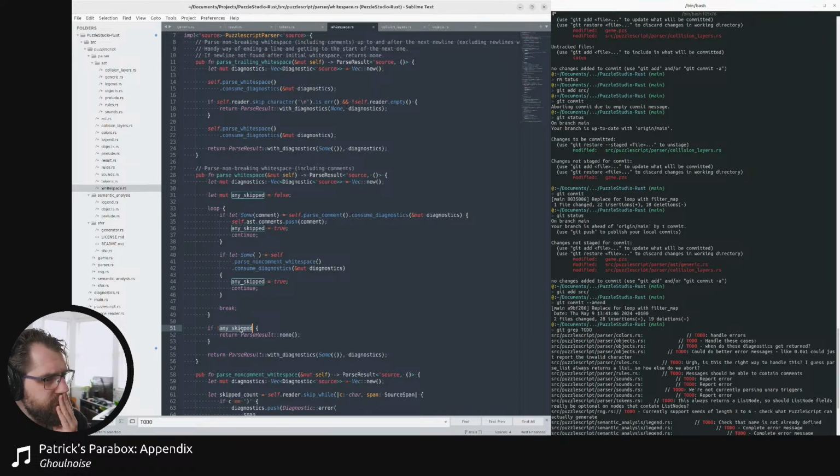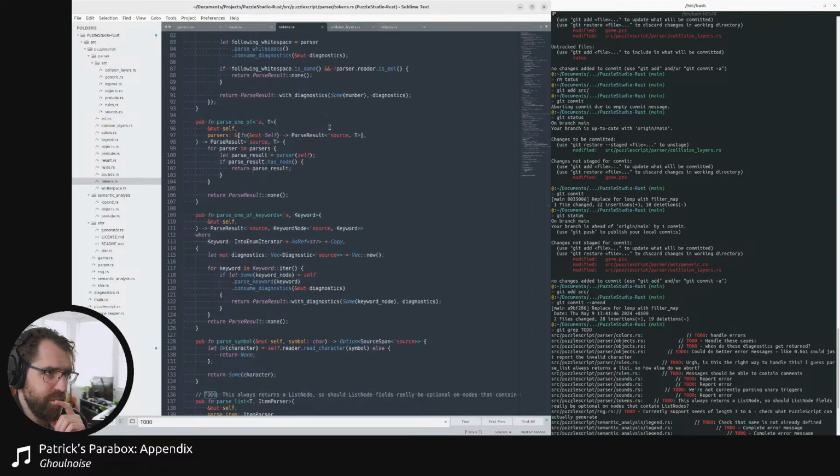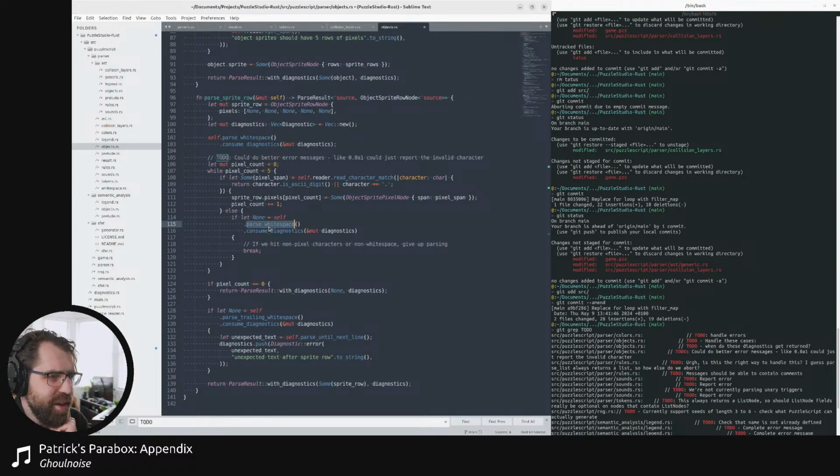That feels wrong, but is it? So basically this returns none if nothing was passed, if there was no white space passed. That feels weird to depend on that here. If we hit non-pixel characters or non-white space,